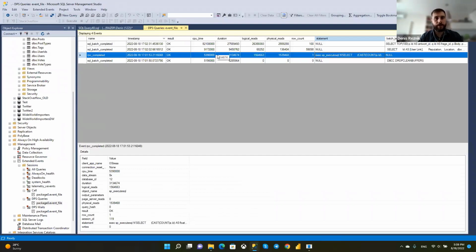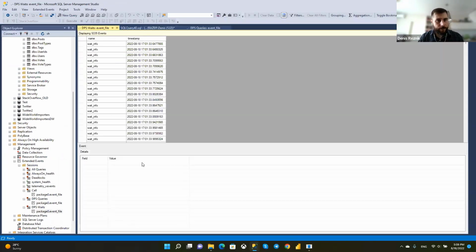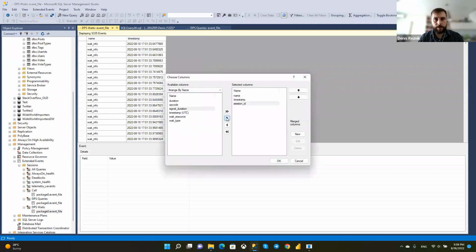Let's check if this query waited for something. So the session ID is 119, and let's filter waiting for by session ID. Choose columns, the wait type and duration.